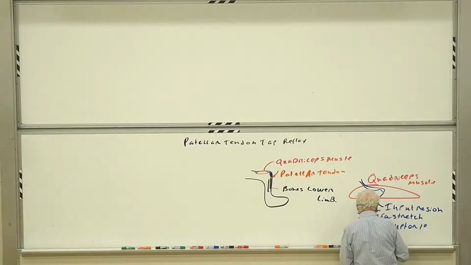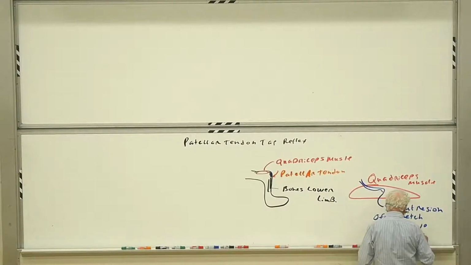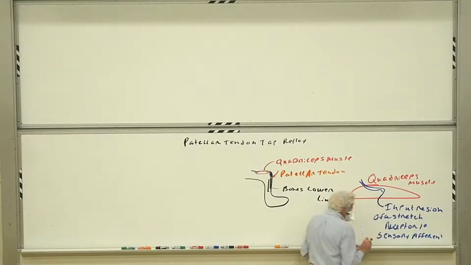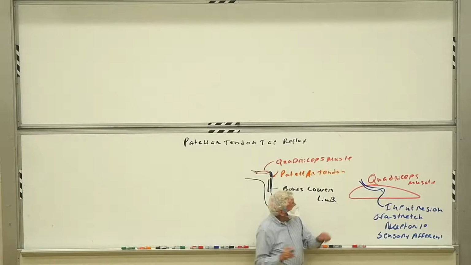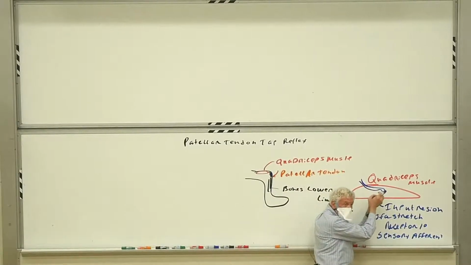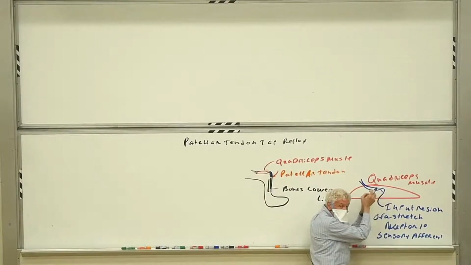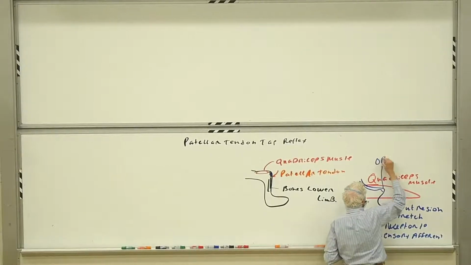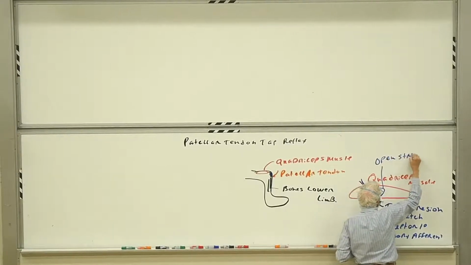Primary sensory afferent. It's the same story we told the other day. If we deform the end of this primary sensory afferent, if we pull on it, we're going to open stretch-activated